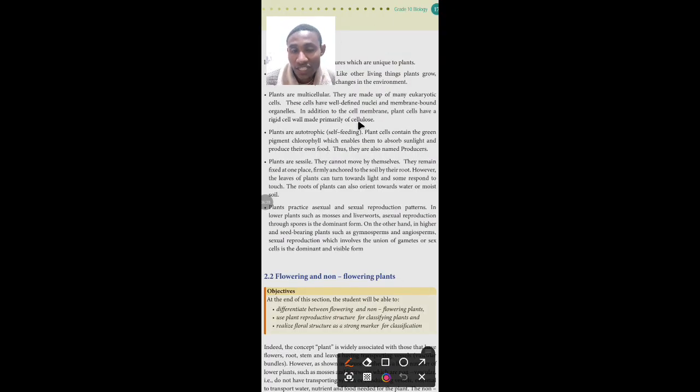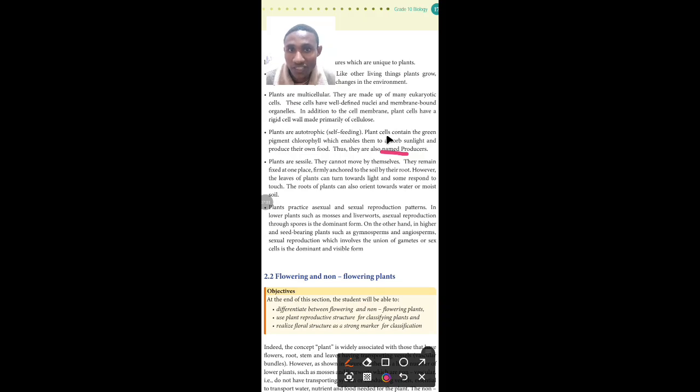the other organisms are heterotrophic. Heterotrophic organisms are organisms that rely on other organisms to get food. So plants are not dependent on other organisms, but they deliver food for other organisms. So plant cells are what? The self-feeding organisms. And also plant cells contain the green pigment known as chlorophyll, which enables them